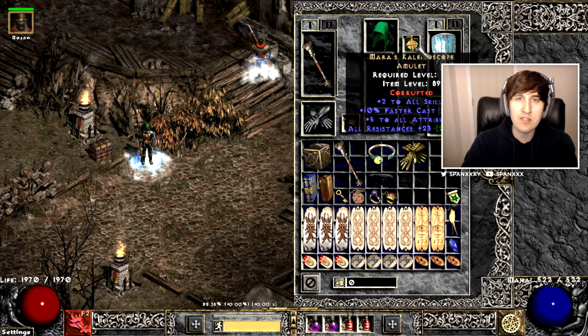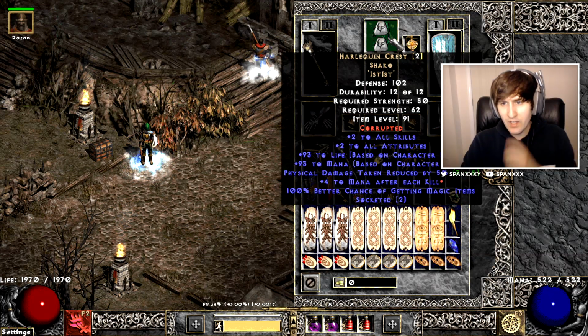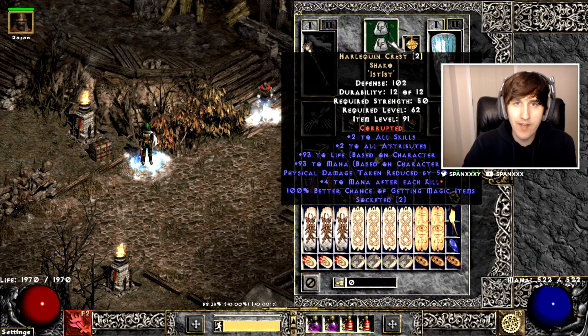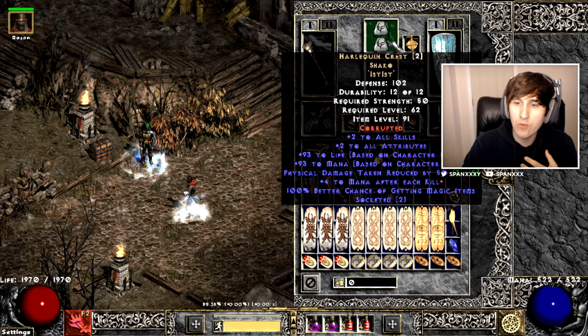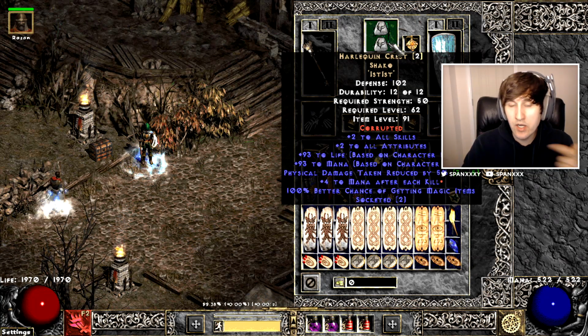It just means you might need some more res and less MF on your small charms. Moving on to the helm. I could get +1 all skills here. I think the last time I checked, a +3 all skills 1-socketed Shako was like 5 high runes. But for me, I opted for mana after each kill. 4 is perfect on a helm, and 4 mana after each kill on my helm in conjunction with my Merc's